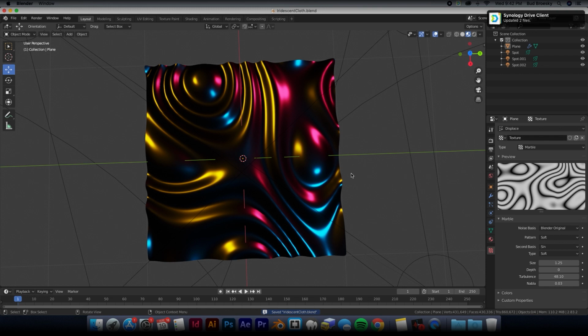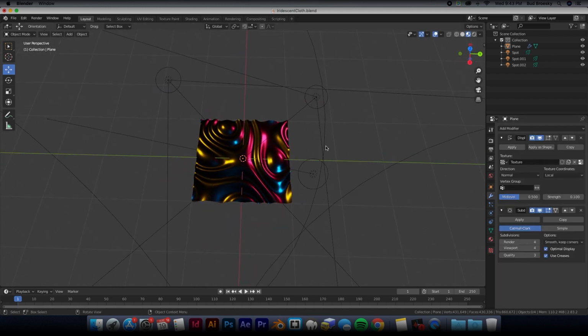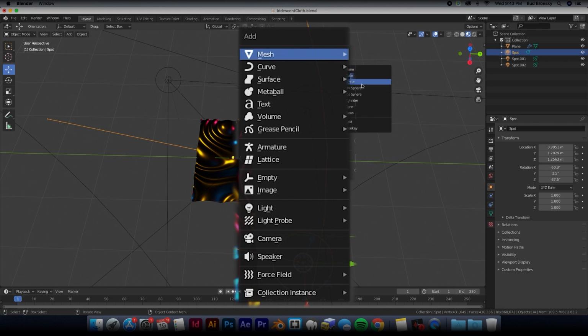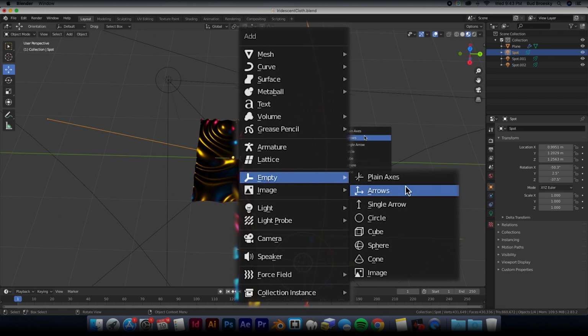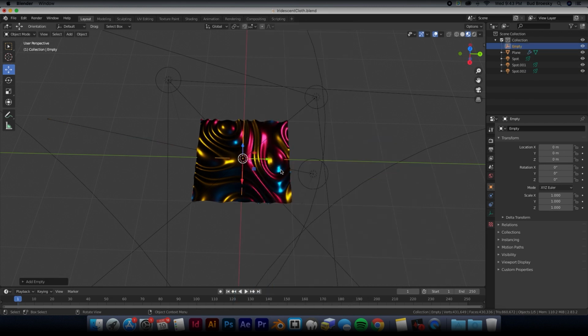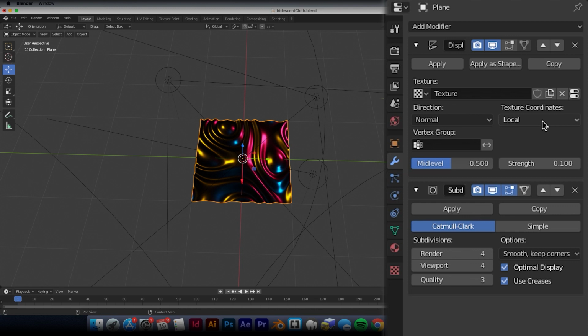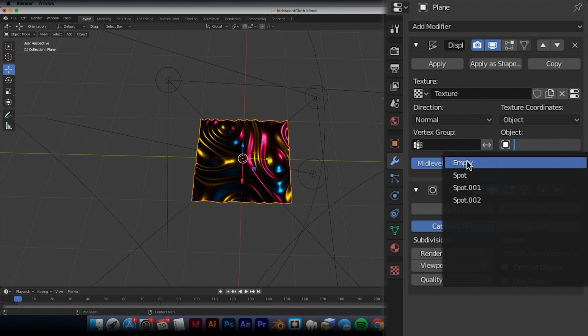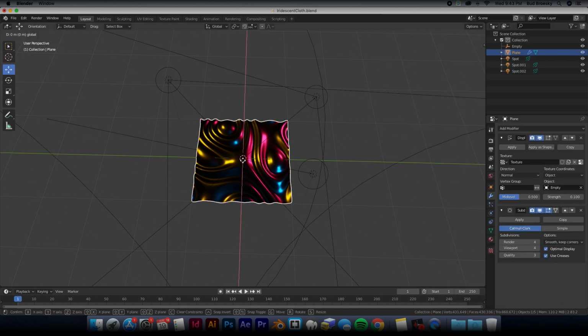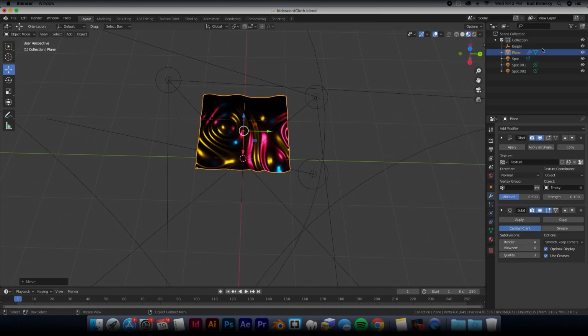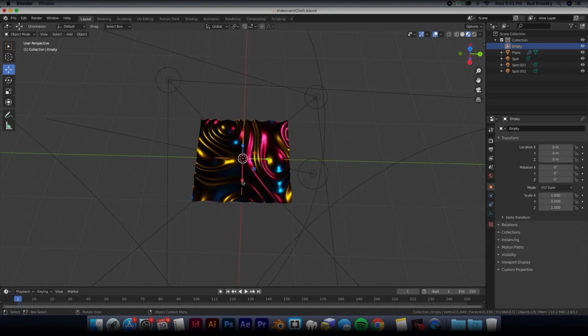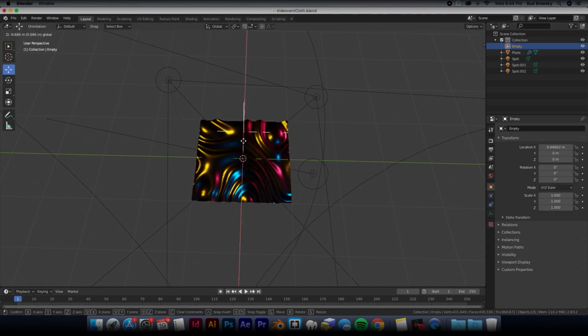And what you can do, let's say you want to use these settings, but you want the pattern to look a little bit differently. So what you're going to do is quickly add a new object, really any kind of object. We can add an empty, just a plain axis here. We're going to select this, do texture coordinates, object, and then select our empty object that we just created. And now you can see as we move this object,